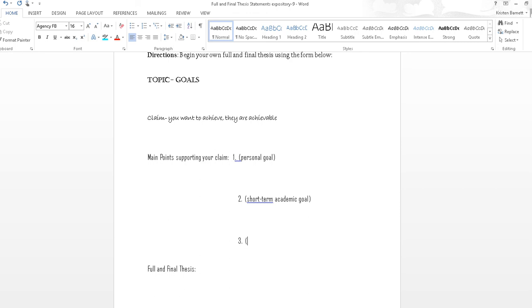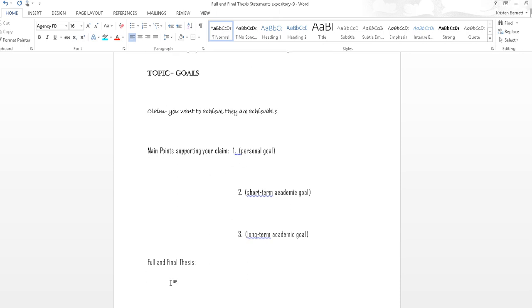Do something that you think is worthwhile and manageable and actually makes you a better person, is going to set you up for success. So your final goal, a long-term academic goal, you can achieve by the end of high school or beyond that into CTC or college or a career. So thinking through that. And then you can, once you figure those things out, write your actual thesis. So all of that together, something like 3 of the main goals I want to achieve are to learn French,